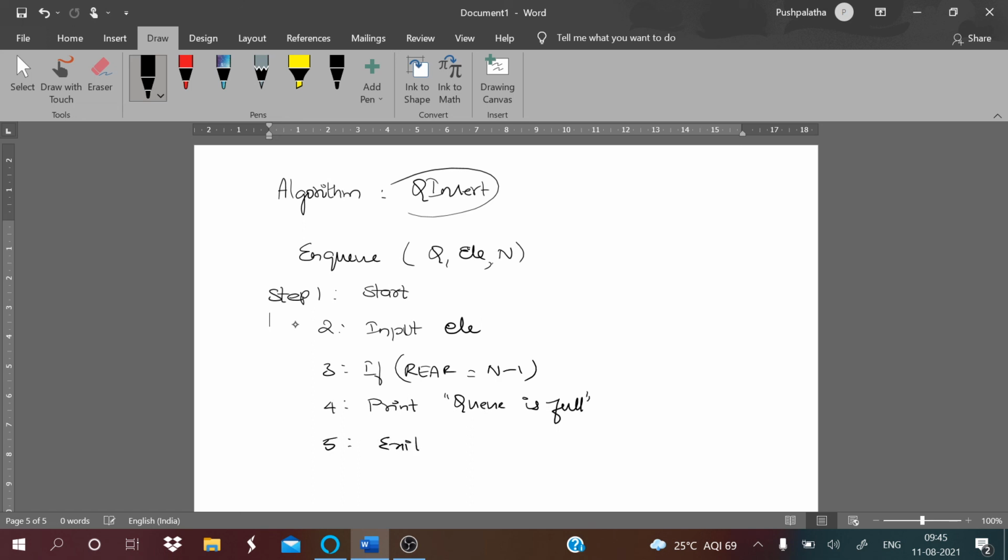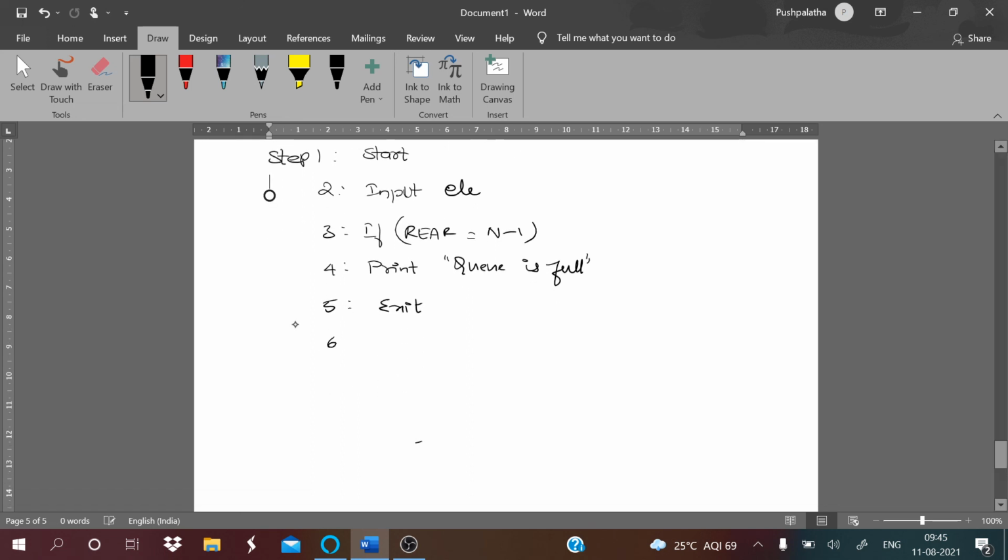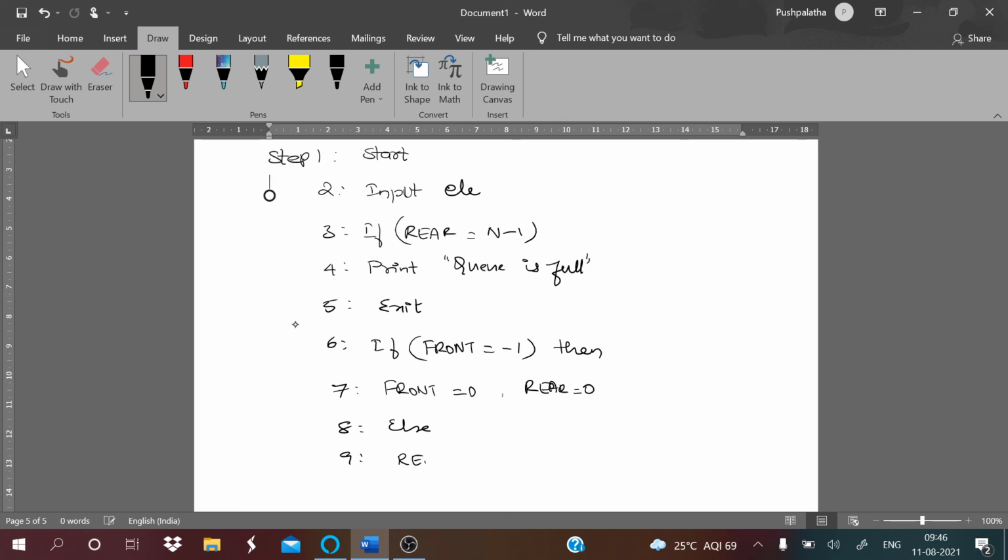And then exit. If that condition is not true, if front equals -1, then we are going to insert the element in the 0th position. So front is also 0 and rear is also 0. Else, if it is not -1, that means an element already exists.